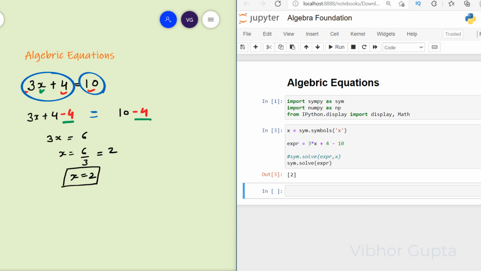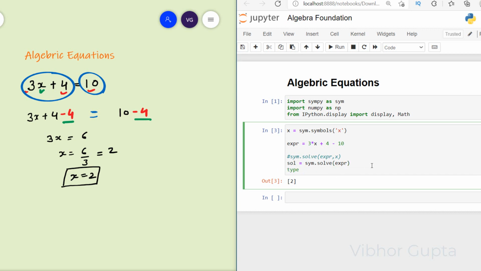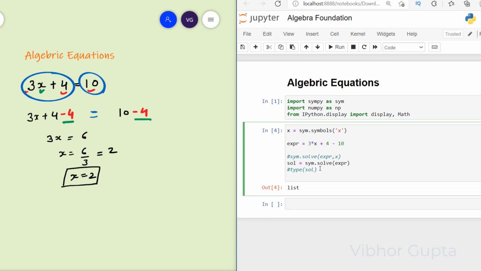Now if you notice, this output is nothing but a list, right? So let me hold this output in a variable. I'll say solution equals this. And if you see the type, this is a list, right? Now let's call the display function. I'll say display, the solution is, and then I'll say solve. But you know, this is a list and we have the output in this list at the 0th index, right? So I'll say 0th element.